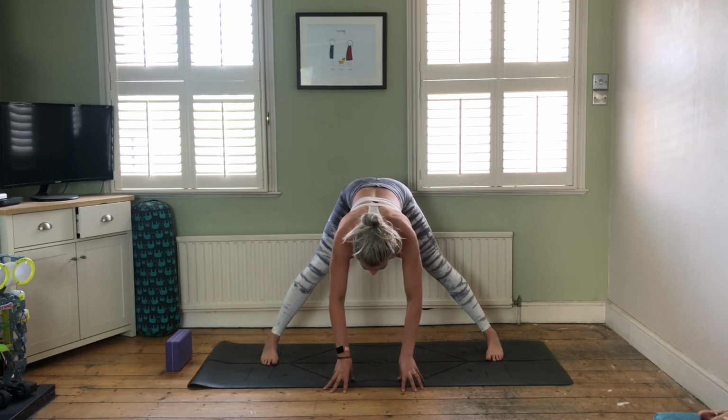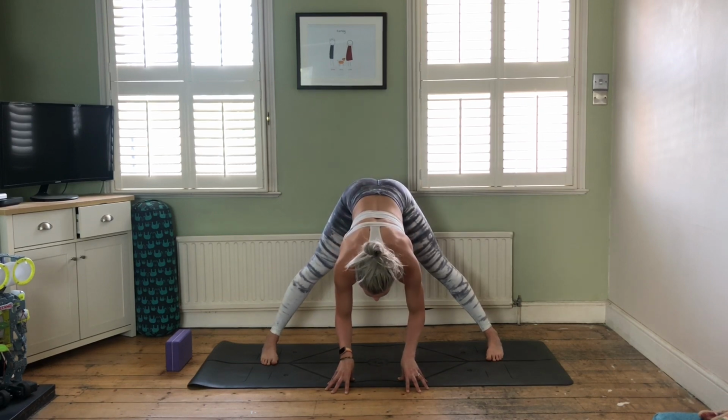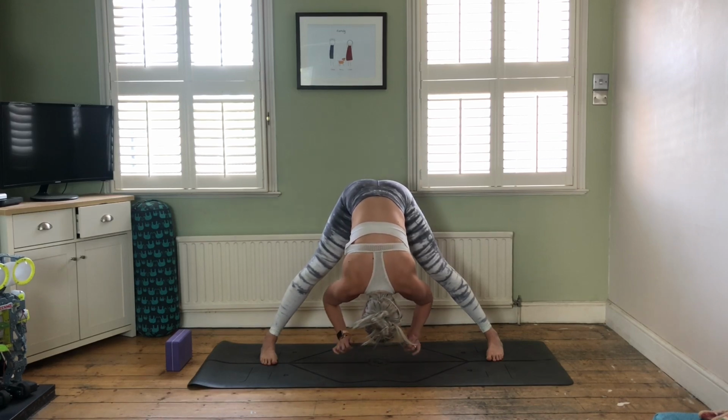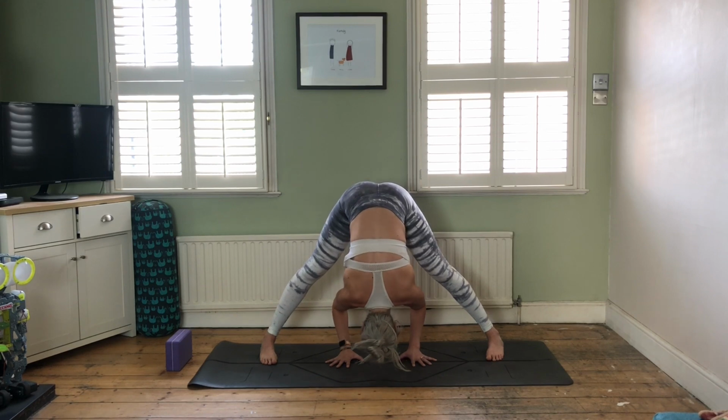Engage the thighs on the front of the leg. Inhale, lift your chest and lengthen your spine out forwards. As you exhale, allow yourself to fold. Think of compressing your belly down towards where your thighs would be if your legs were together. Your sit bones are pushing up towards the sky, and you can use your hands against the mat to push down and in the direction of the left-hand side of the mat to help you deepen your